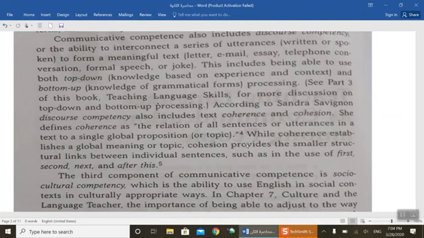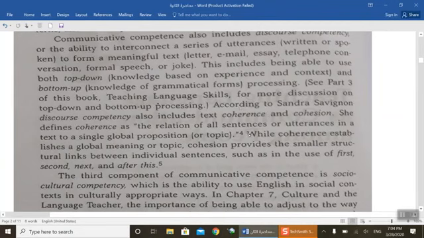This is wrong sometimes when some people write something. The first paragraph is different from the second, and the second is different from the third, and the third from the fourth, and the fourth is different from the first. This is wrong. You have to write all the paragraphs on the same topic. There should be coherence. This is what we mean by coherence.